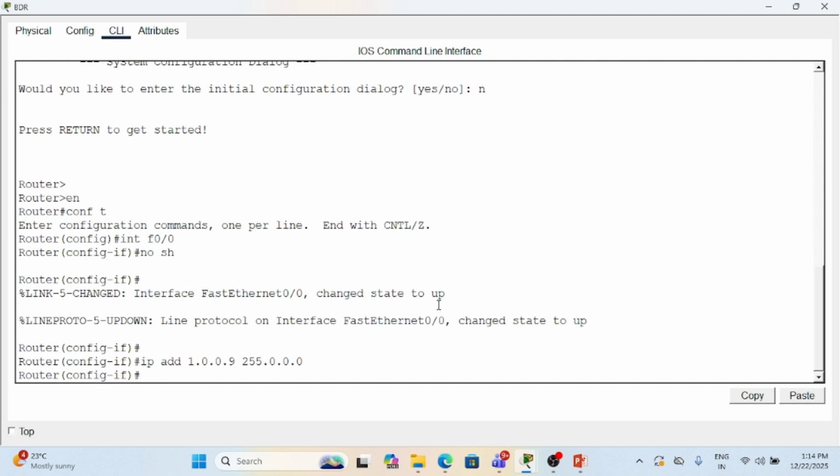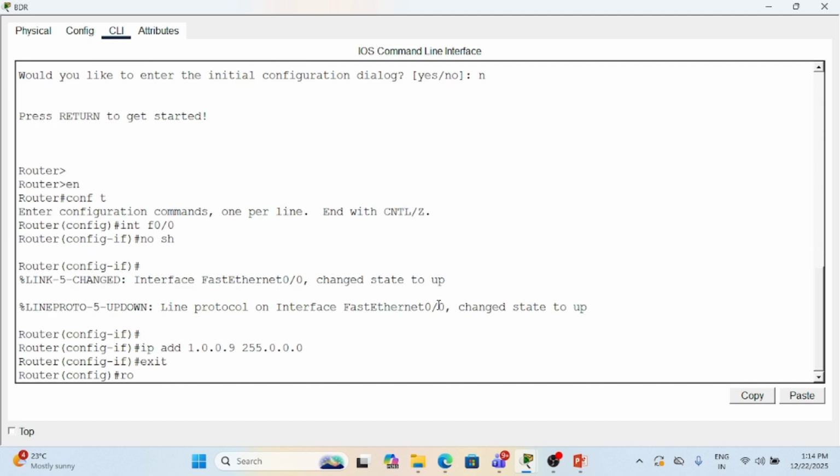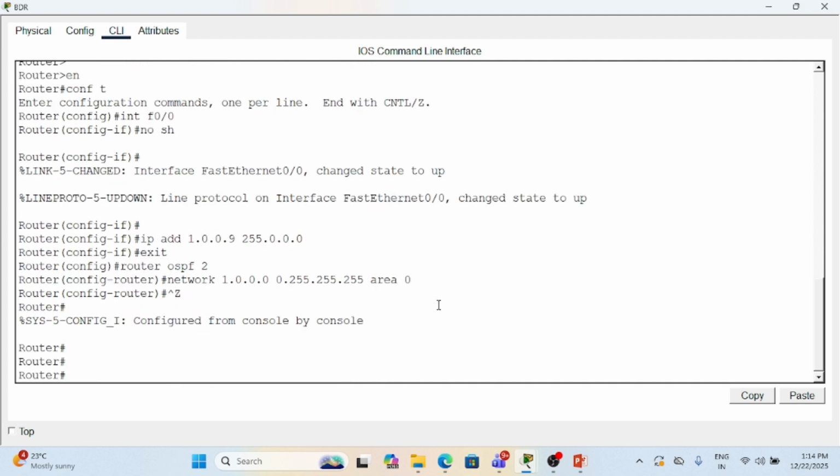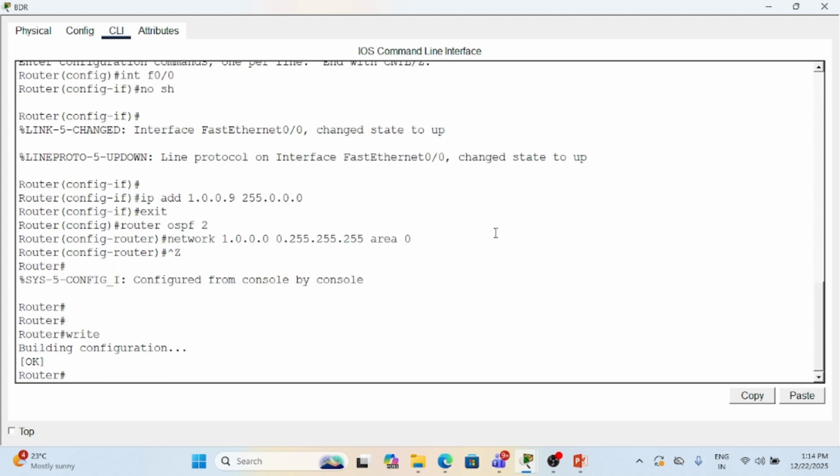And on the BDR also the same thing. Process ID, it can be 1, it can be 2, it can be anything. And area 0. And you have to save it with the write command or copy run start,